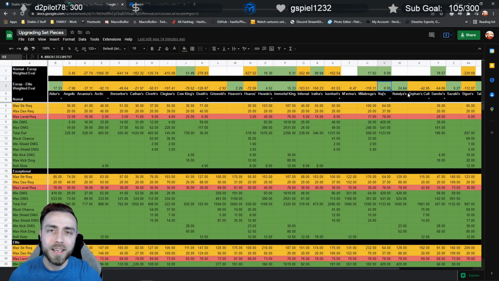It's just a phenomenal set, so if you haven't checked it out, absolutely do so. And then the full set's also just great on any fire build as a really nice budget starter that also gets you access to teleport. Just a phenomenal set. Natalya sees a pretty high value increase here as far as like net positive, and this